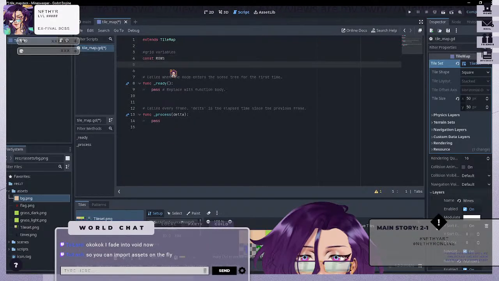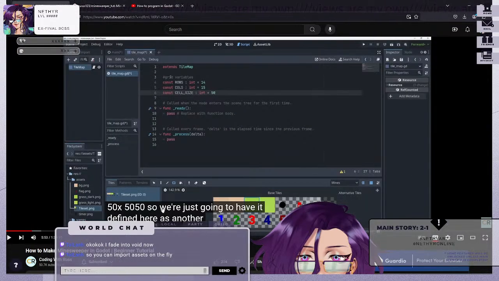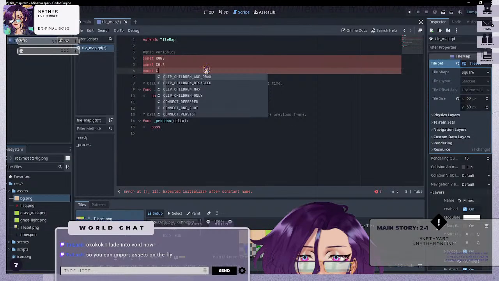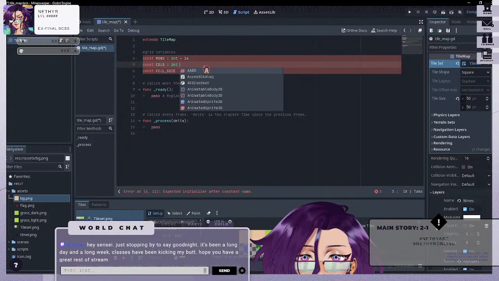Constant rows, constant, is it cell size? I'm pretty sure it's cell size. It's cell size, and then I'll establish it. Cell size int equals